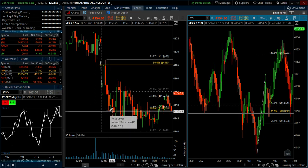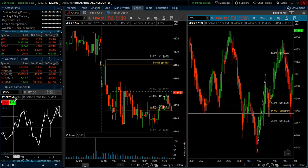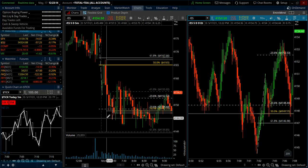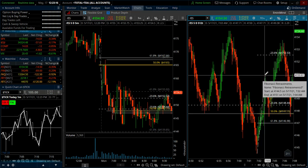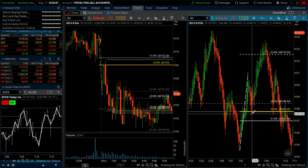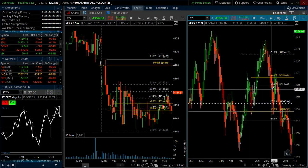And remember, the context of the day, it's an inside day, and so expecting some range-bound activity with a breadth and advanced decline line that are very blah and close to break-even. So going counter trend when we have just poked below the first 30-minute range and have now come back into the first 30-minute range. Really, the only thing we did not have here was a low tick of the day. So I was a little bit concerned that we could roll over, but it was at least good for a first target, and then you can trail the next 61.8 to get another couple points out of it